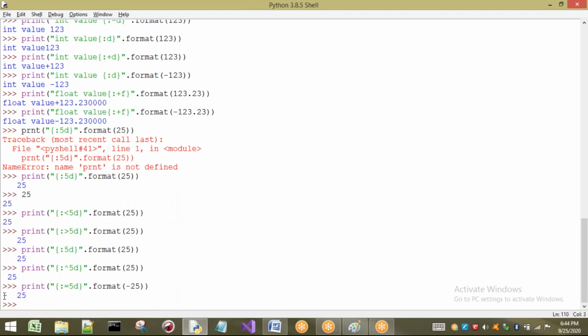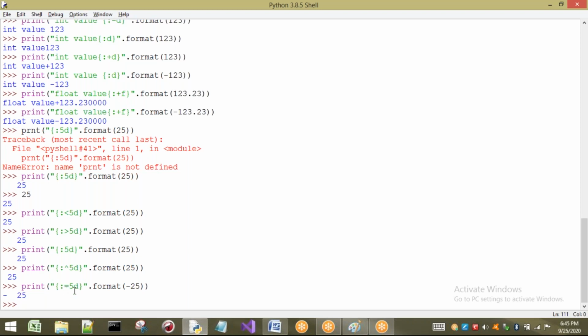Here the sign is minus, so minus is on the left side. Next come 2, 3, 4, 5. Total 5 things should be there. It may be a symbol, a dot, a number, a character, or anything; only 5 in total. So minus is the first one, after that space, then 2, 3, 4, 5. Completed.